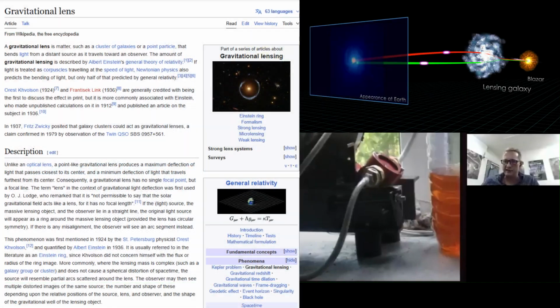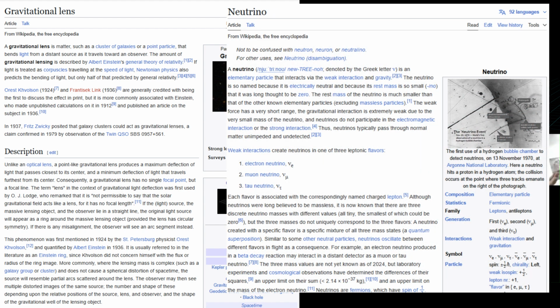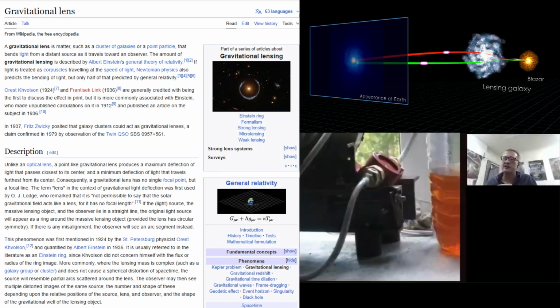Strange radiation on the X-ray film. Okay, so this is consistent with the three-body alignment effects, where you get a sideways pressure because these things are partially reflected and refracted by solid bodies, and they're gravitationally lensed. They interact with neutrinos with gravity and the weak force, and therefore by proxy with the electrons.